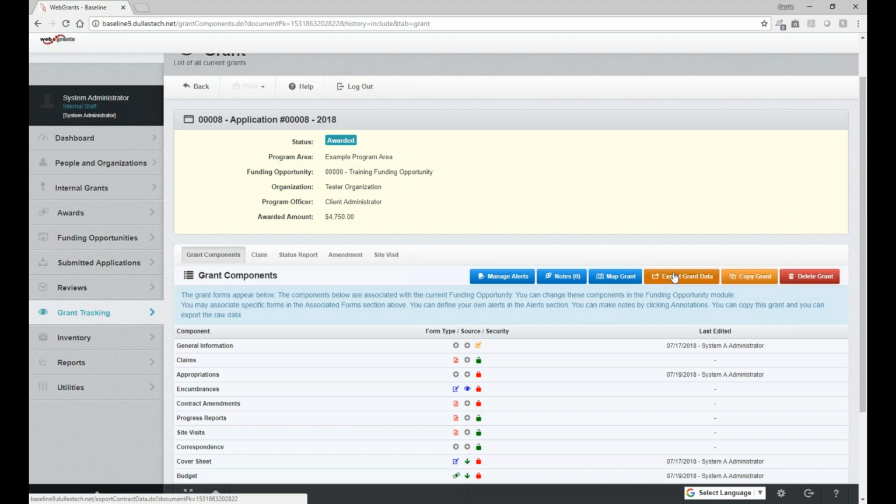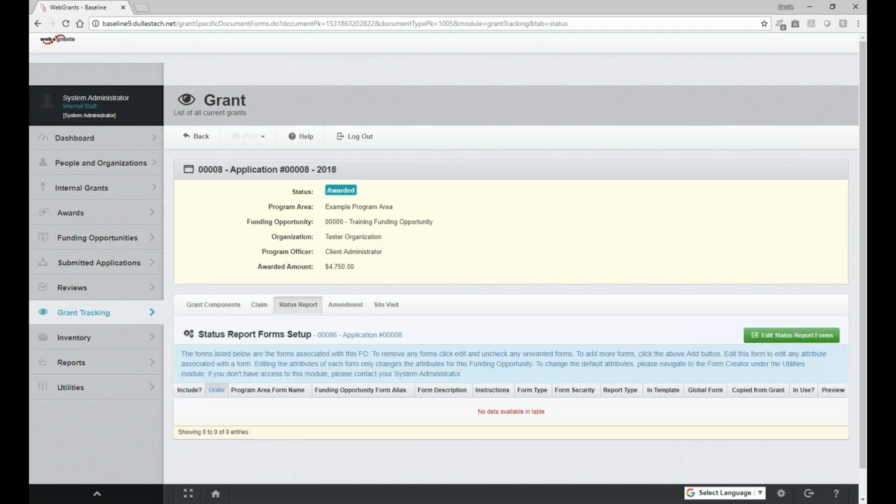There's also associated form setup for subcomponent forms for claims, status reports, amendments, and site visits. This allows you to select for a subcomponent specific forms just for the grant you are in. So every funding opportunity will have all the forms included for the entire grant cycle. But this can allow you to select from all those forms just the specific forms that you want to use